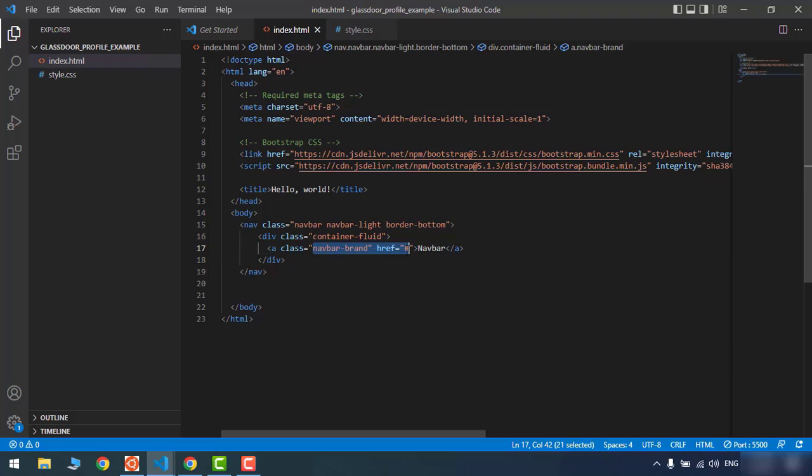It includes the navbar brand. Doesn't need to actually copy that. So let's change it to Glassdoor, and the color we want to have. Well, the number of colors in Bootstrap is really limited, and if you want a specific color, you need to define it yourself. So I say that I want color B, I want text main color, and then